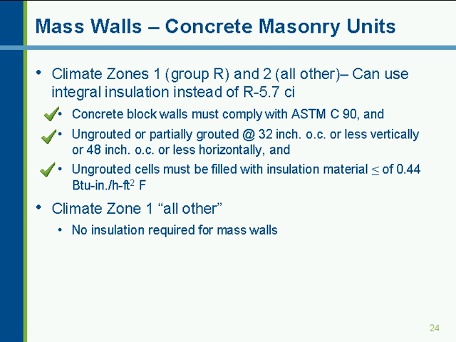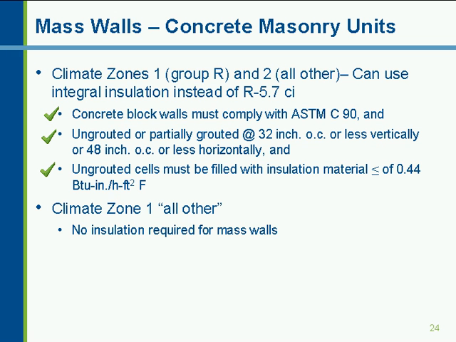Now, the one thing I do need to talk about here is that installing insulation continuously on the outside of the mass wall is not the only way to do that. You can also frame out on the inside. You can fur out on the inside with metal and wood or wood frame construction and insulate between the framing